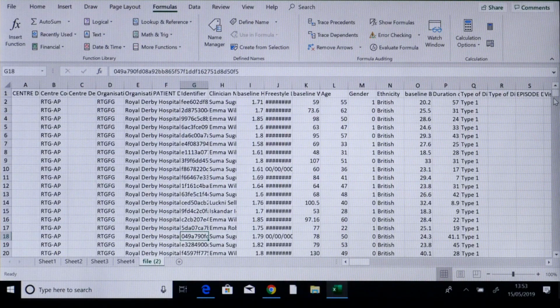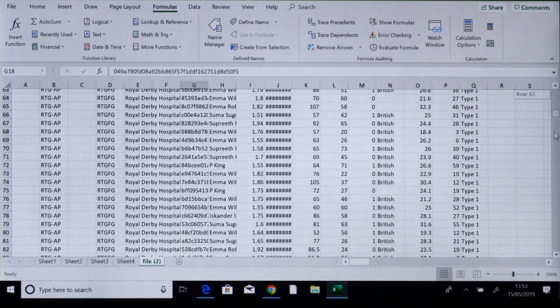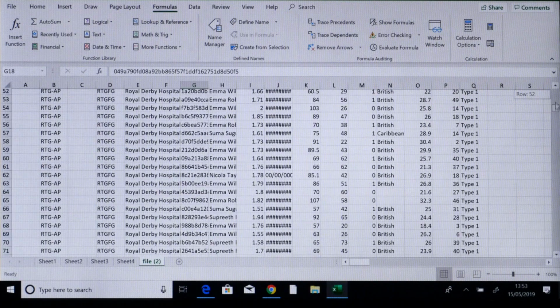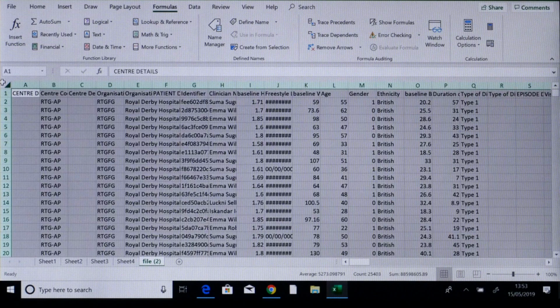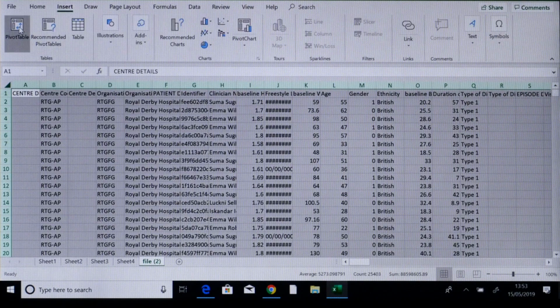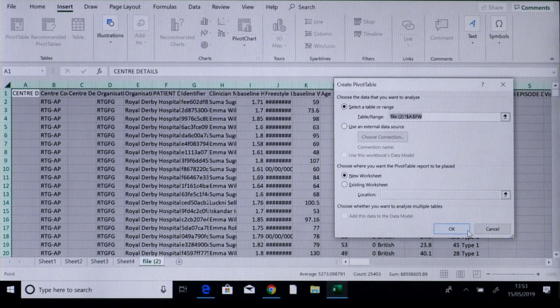So this is the Excel analysis of the Freestyle Libre for Derby data, looking at HbA1c before and HbA1c after. This is the Derby data, which consists of 370 patients. In order to do the analysis, I'll highlight that first and press insert onto a pivot table and press